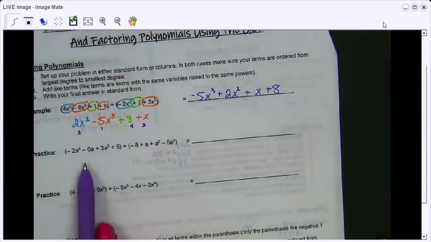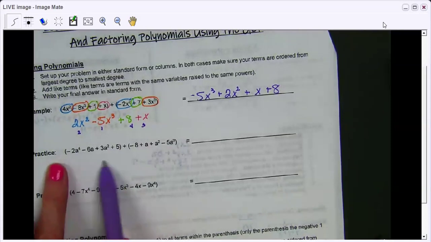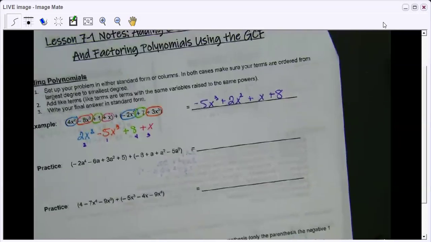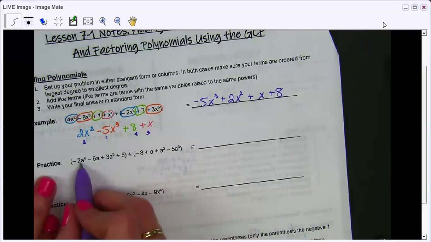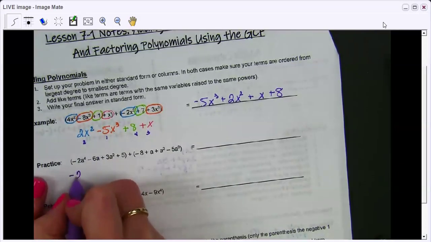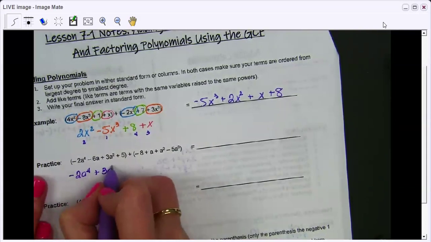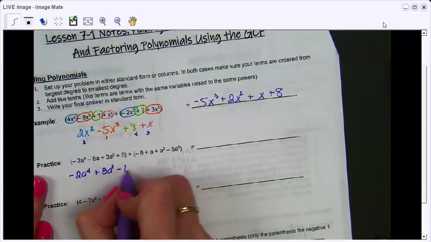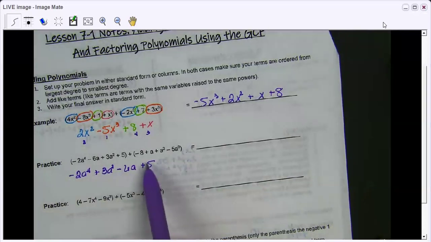So I'm going to show you another way to do this. I'm going to look at my first polynomial, and I'm going to order it from greatest degree to least degree. Okay. So I have negative 2a to the 4th plus 3a squared minus 6a plus 5. And then I'm going to take my second polynomial and I'm going to stack it under,